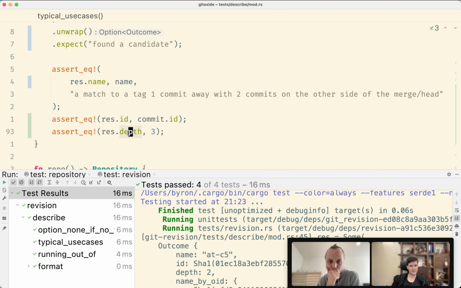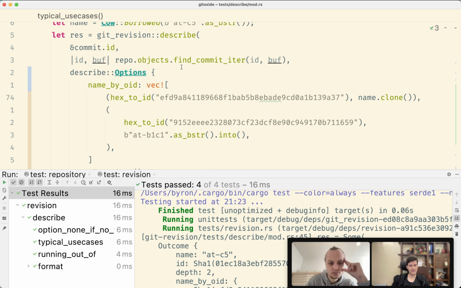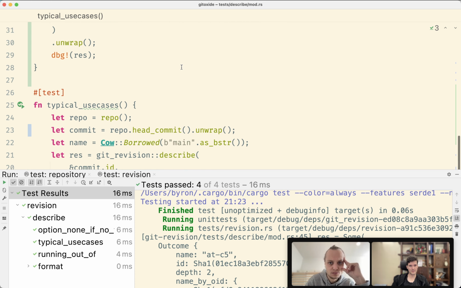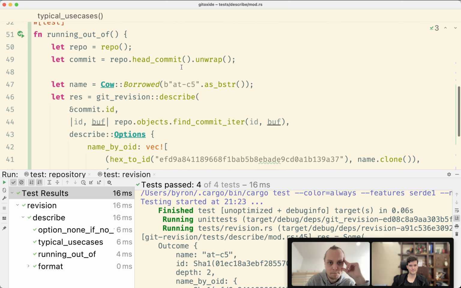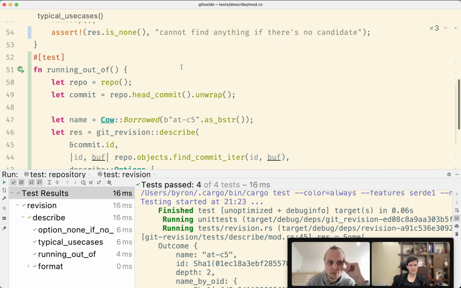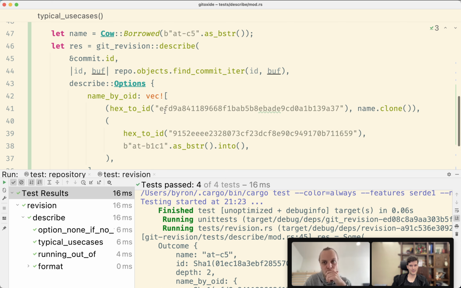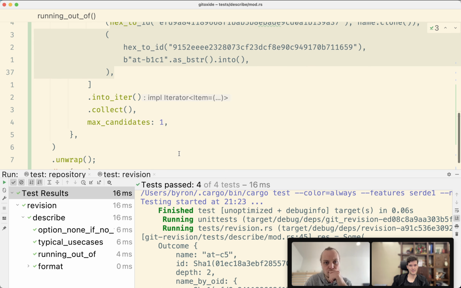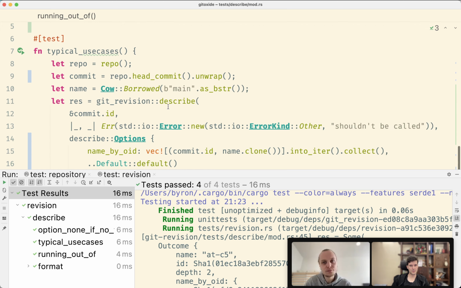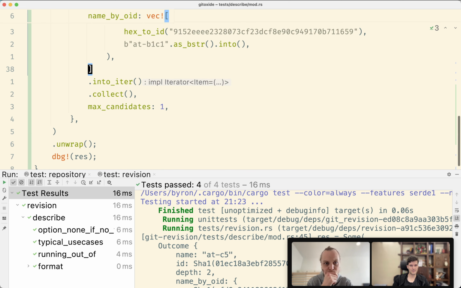Okay, let's see. Depth 3. 91 EF. Here it has 2 names and it searches something else. Where's that actual example? Oh, actually, we reuse that directly. We've got 2 candidates here, 2 names, but only 1 max candidate, and it's 2, but it should be 3. So cool, we've got something. This is it. Let's copy paste this and formulate some